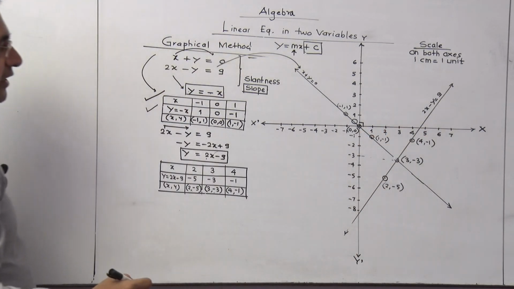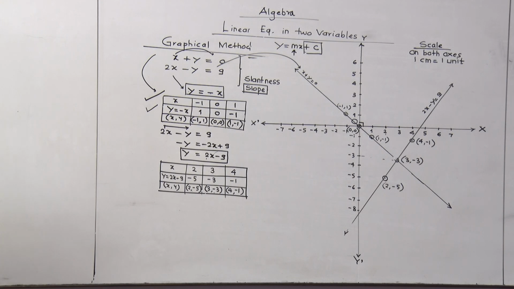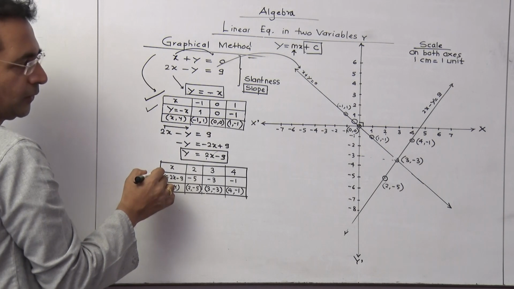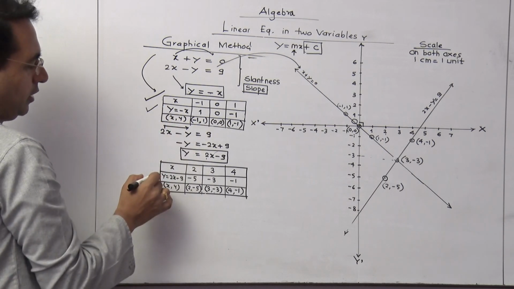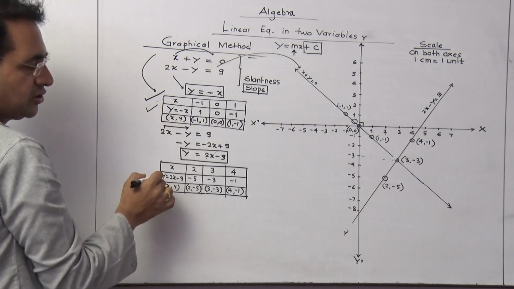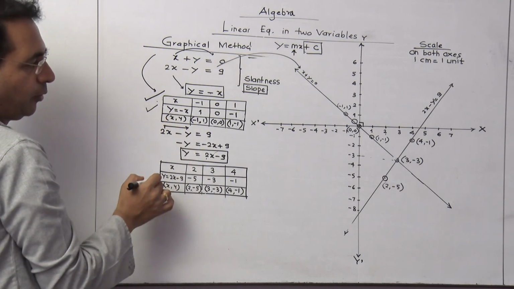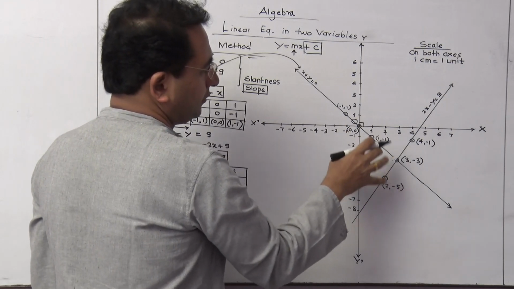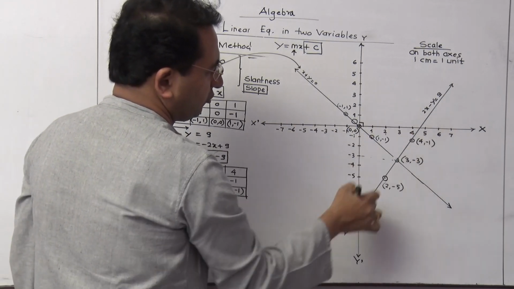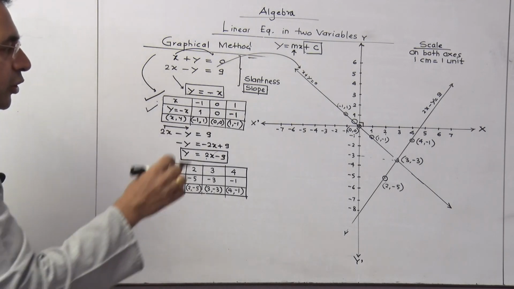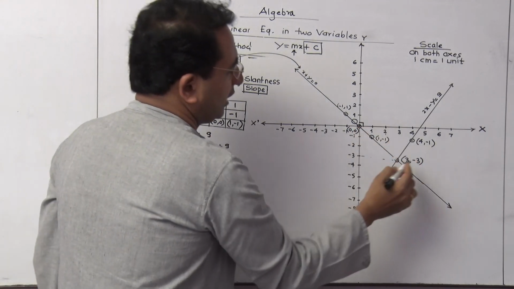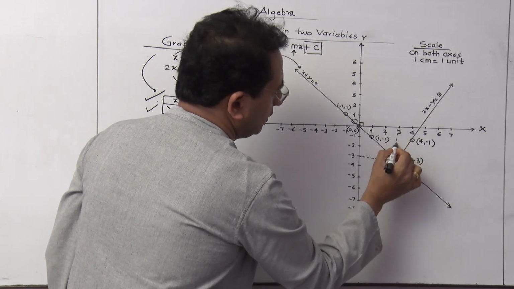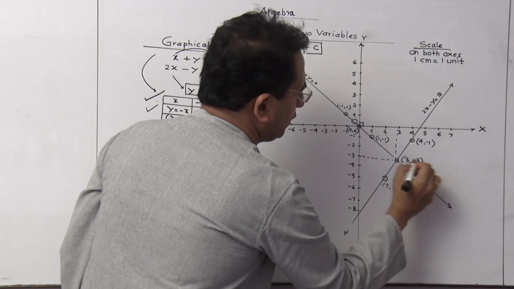We are getting an equation like this. This is the method which we are going to follow. You are going to get 2 marks for drawing these tables and completing them properly, and 2 marks for drawing the graph and getting the point of intersection. This particular point is a special point of the graph, and that's why we mark it. This point is the point of intersection.